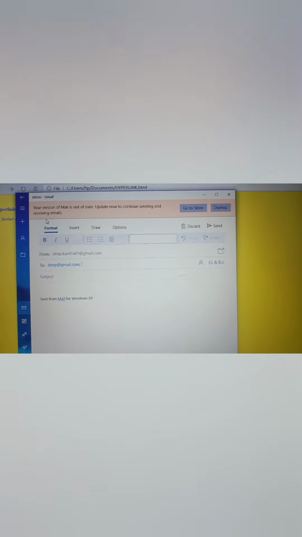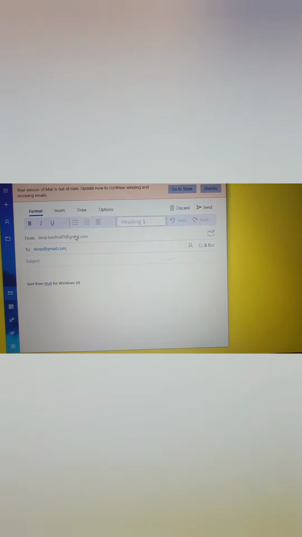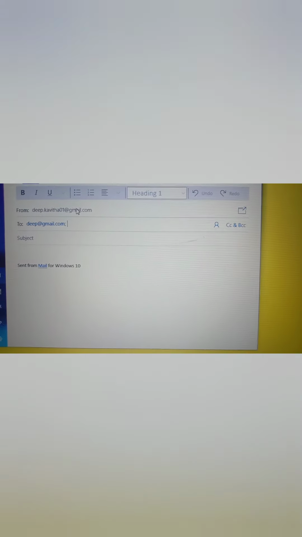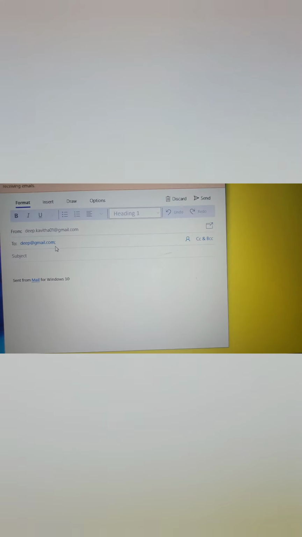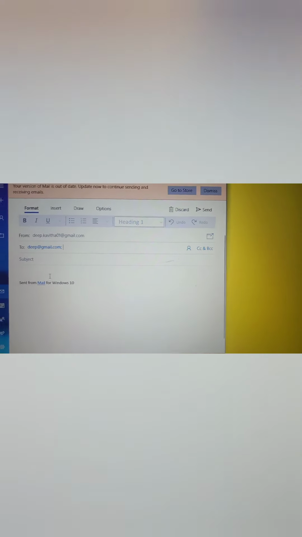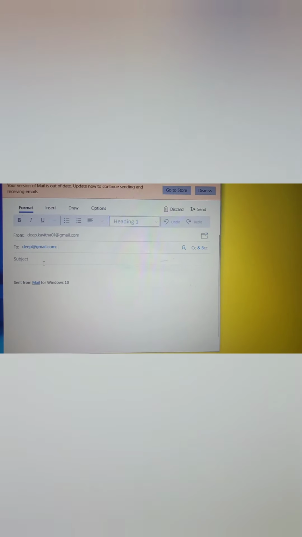Our next hyperlink was contact us, so I am double clicking to open this. You can see here, yes, it opens an email program, and we have given the mailto email address as deep@gmail.com, so it opens to deep@gmail.com. If you have any query regarding this, you can make a query using this email address. So this is the way you have to create a hyperlink to a web page and also for an email address. I hope you understood.